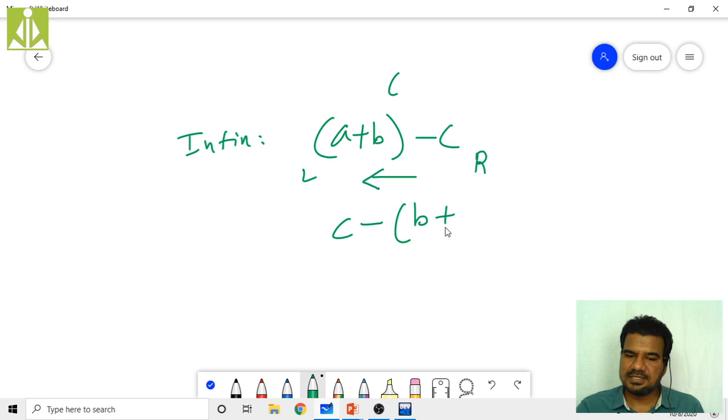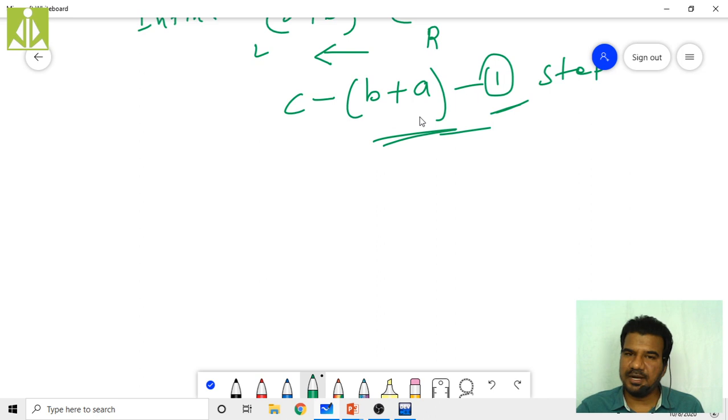After reversing, what we have to do? Till now only step 1 we have completed. Still we have 2 more steps. After that, obtain the postfix expression of the modified expression. Whatever expression we got after step 1, we have to perform the postfix conversion. This is some intermediate form, isn't it? So convert this intermediate form into postfix.